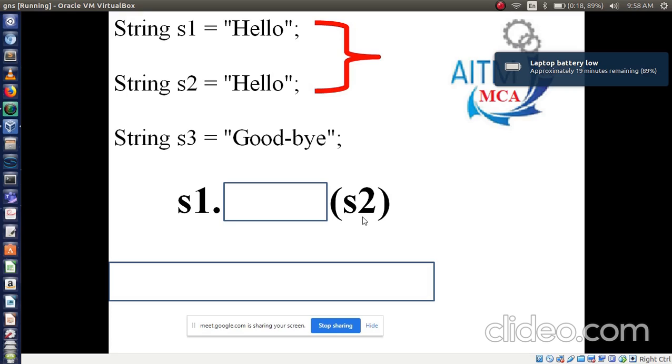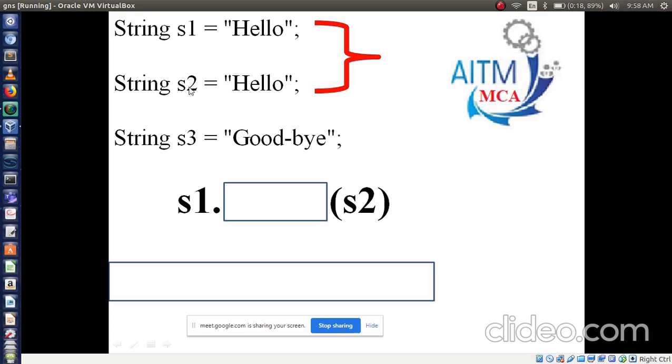Comparison from which one to which one? S1 to S2. S1 dot S2. Which method am I applying? The equals method. Got my point? I am comparing S1 with S2. So first I will write S1 here, then in brackets I will write another string object, that is S2.